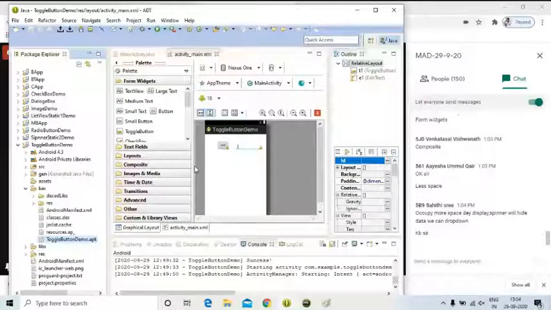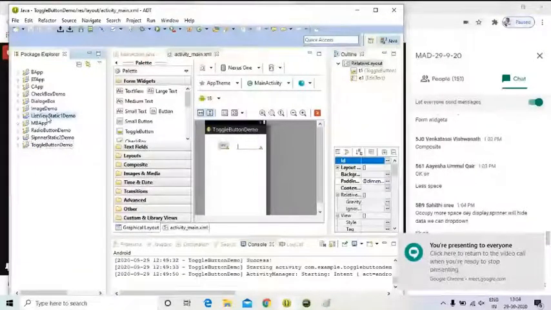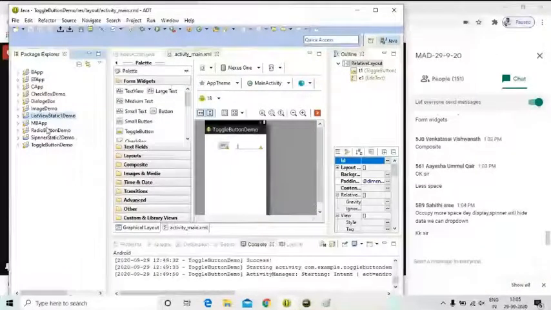Okay, I'm going for list view demo. Run as Android application. I'm also sending the APK file to you. You please execute it in your mobile here.